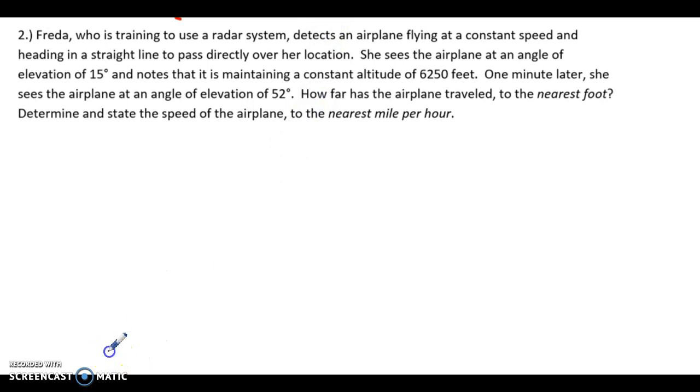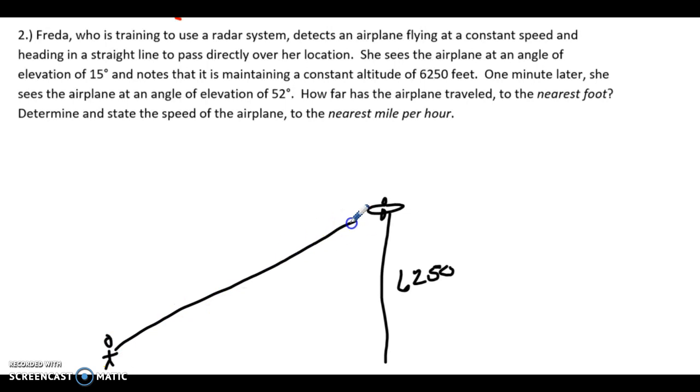So we're going to draw Frida down at the bottom of our screen. We're going to draw an airplane up here, and the height of the airplane is 6,250 feet. And when she looks up at the airplane, she's looking up at an angle of elevation of 15 degrees. And so then you can go ahead and calculate using this distance, and you would call that